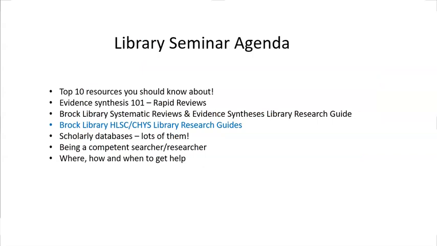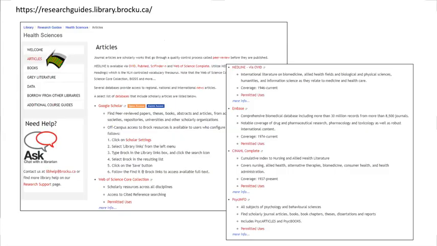Health Sciences and Child and Youth Studies Library Research Guides. These are important. If you go to the Health Sciences Guide with that URL and you click on the Articles tab, it lists a number of databases. Most of them are peer-reviewed. There are different versions and software you can use for different databases, but for undergraduate, this is a quick, best bet